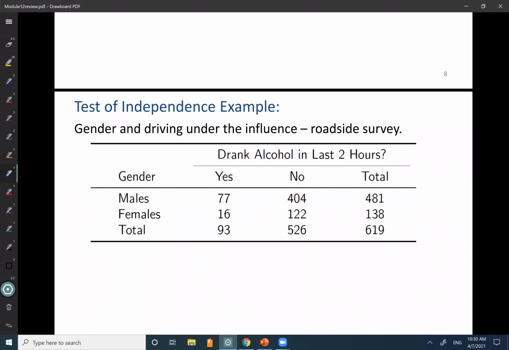So for example, there were 481 males in this study, that's the number of males, and there were 138 females in the study. Makes sense, because even today more males drive than females, especially at night, and this was done at night. And this is our capital N here, our total. There were 619